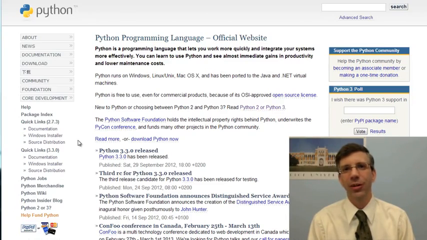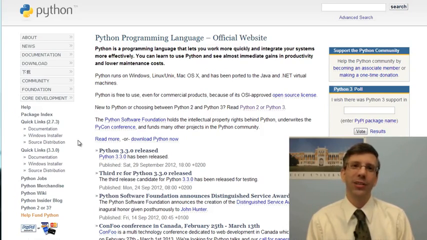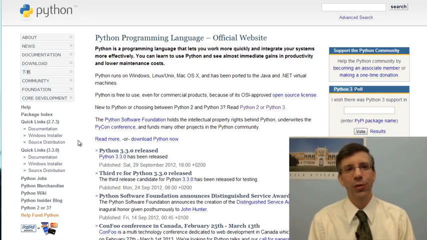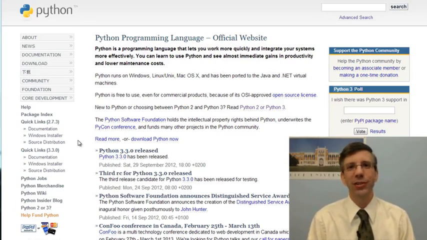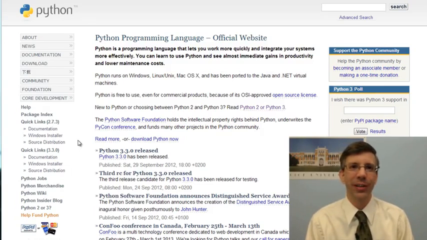Python 2 has been around a lot longer. It's very solid. It has lots of packages for it, and lots of people still use it. Python 3 is the newest thing. It has lots of new features, although the best of those have been pushed back into Python 2.7, but not all of them. Python 3 is definitely the new version. It's the new thing going forward. They are not actively developing on 2 anymore. So you can install 3 and get the latest and greatest, or you can install 2 and get the solid and tried and true. I personally use Python 2.7.3 for everything that I do,